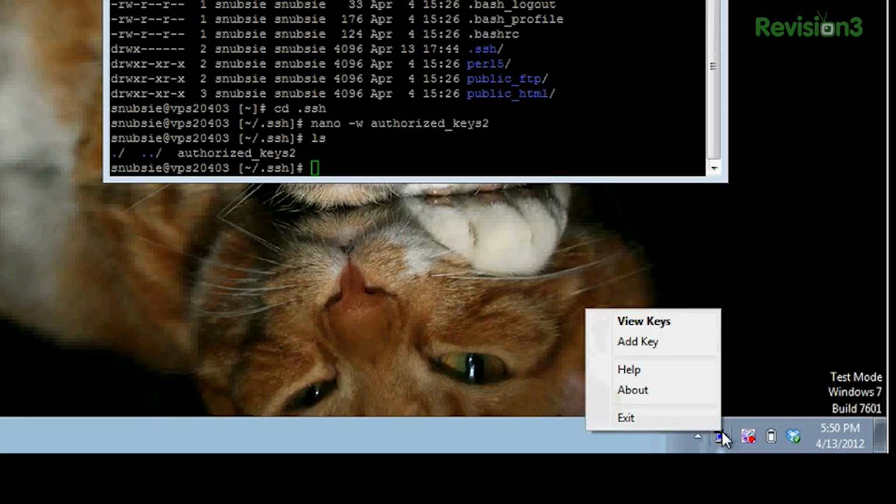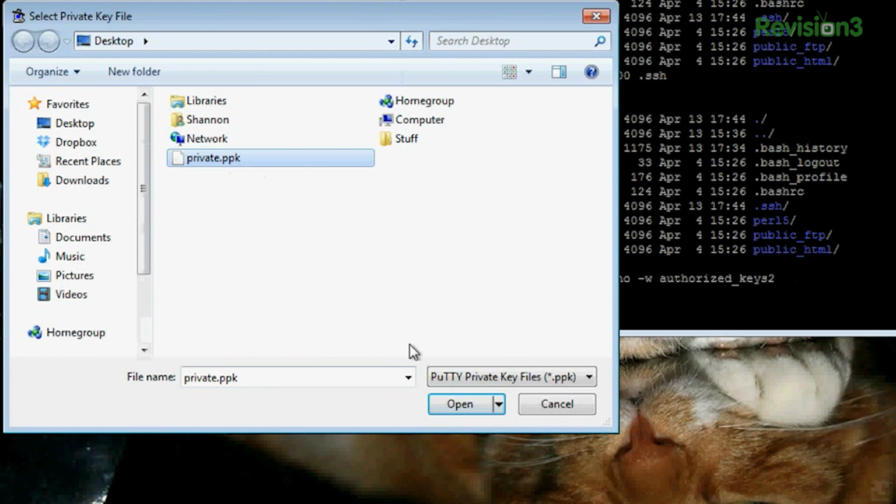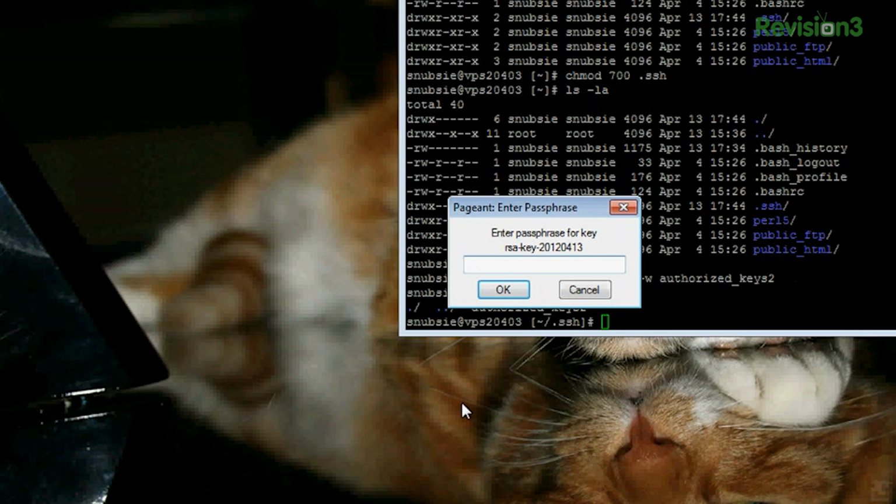All right. Awesome. So now we need to set up the private key, right? Yes. So how do you do that in Windows? We need to open up a program called Pageant, which is included with Putty. You mean the Putty agent? Oh, is that what it stands for? I don't know. I'm just going to call it Pageant. It's spelled just like a beauty pageant or something. Well, maybe it's a private key pageant. Maybe they all go parading around with their little bows. Whatever, man. Okay, so here's my little Pageant. So I right-click on that, go to Add Key, private, Open, and it asks me for my key. Your passphrase? Yes, my passphrase.